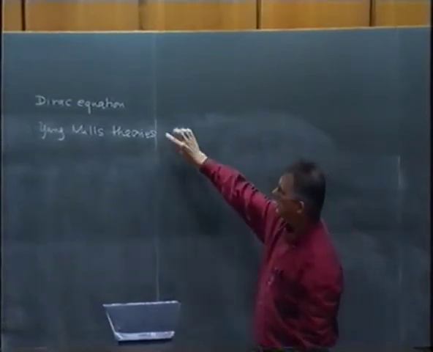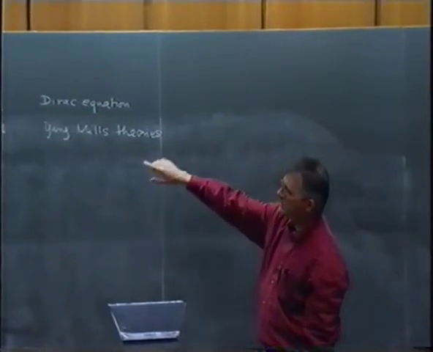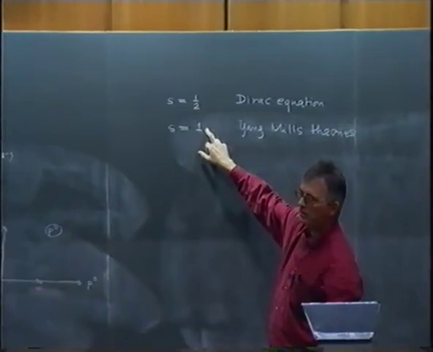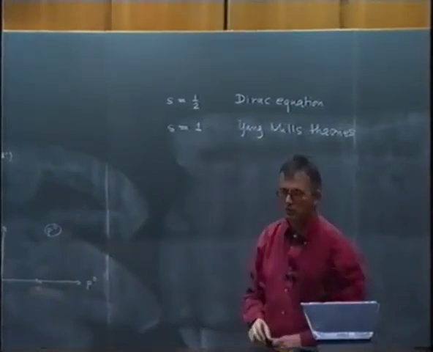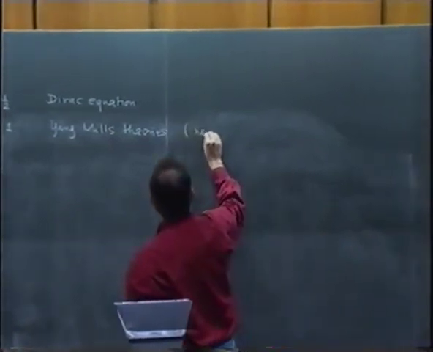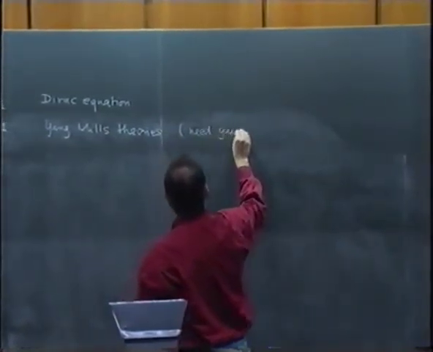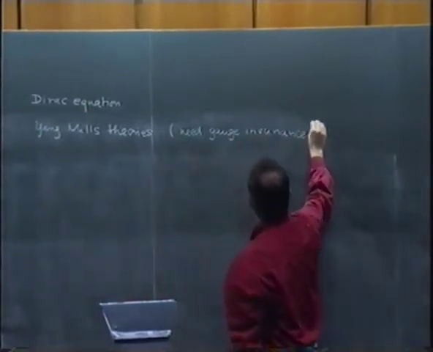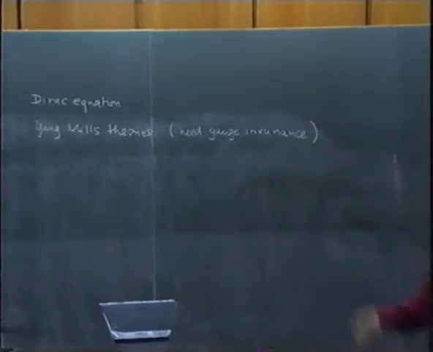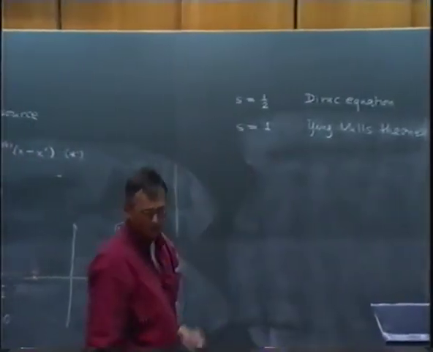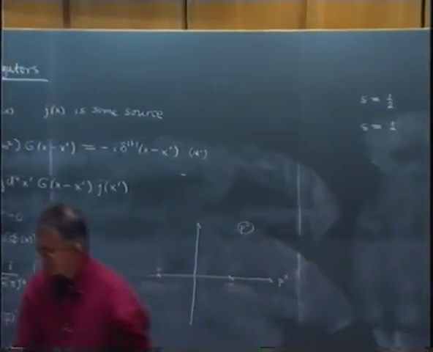Now here, an extra effect is needed, namely because these are massless fields. We'll have to devise a way of getting rid of the helicity zero state, and in order to do that, we need gauge invariance. So that complicates life even further. And if you go to spin 3/2 and so on, it gets even more complicated. So we'll stop here, and I'll say a few words about the Dirac equation.